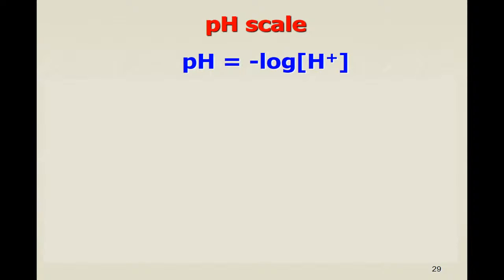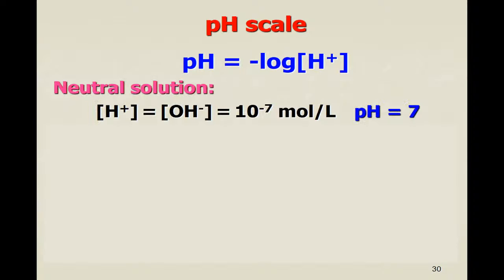Usually when we deal with aqueous solutions, the concentrations are quite small, they are powers, and it's very hard to deal with. So about 100 years ago, Sorensen proposed to use a more useful, easier scale known as the pH scale. What is pH? The p is small, it's a minus decimal logarithm. So the pH scale means that, let us see, if we take minus log of the concentration of proton